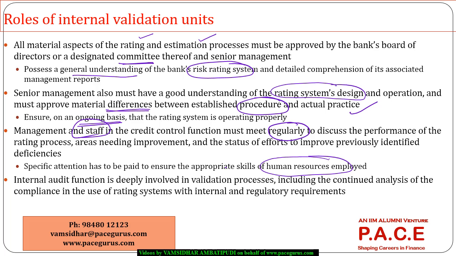Do we really have skilled people to implement those models? That is the kind of cross-checking that needs to be done by the management as well as staff who are a part of the credit